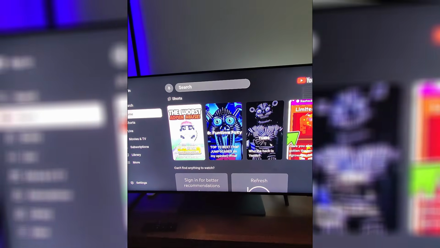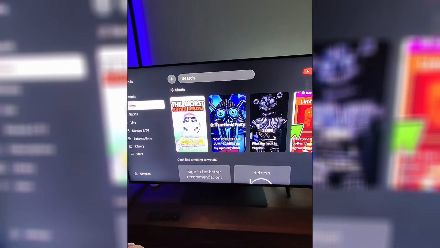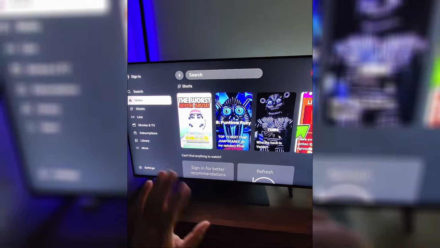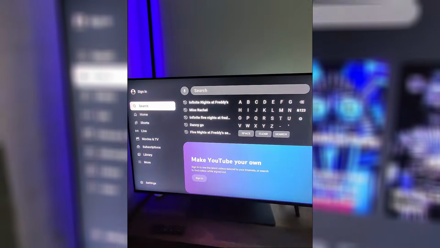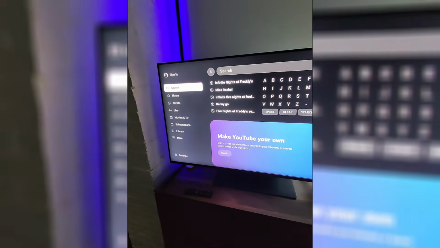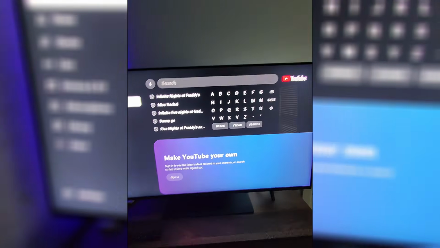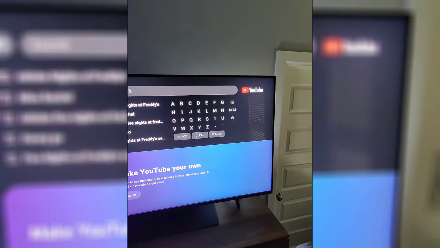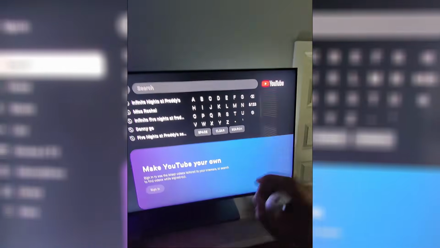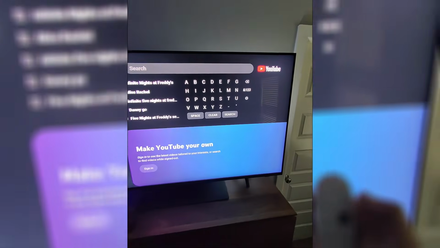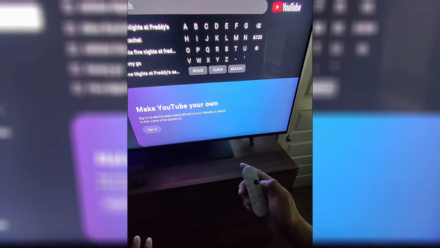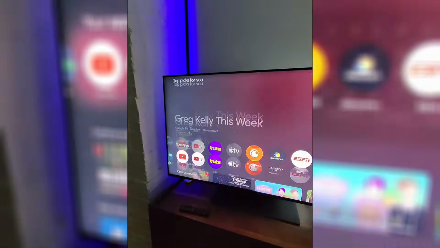What the issue normally is a DNS issue or a RAM issue. And to fix both of those issues, what you're going to need to do is, one, if you haven't restarted your TV or your device, I'm watching this on a Chromecast, do that now. Okay. So for the Chromecast to restart it,